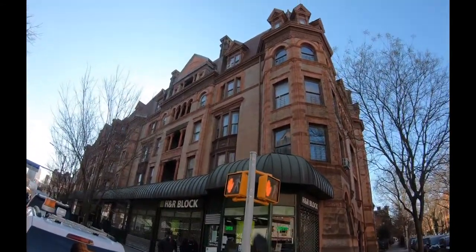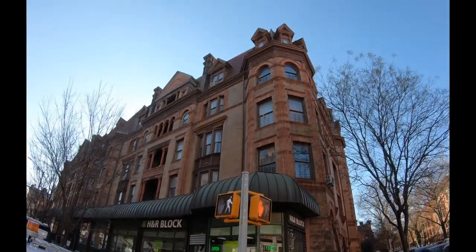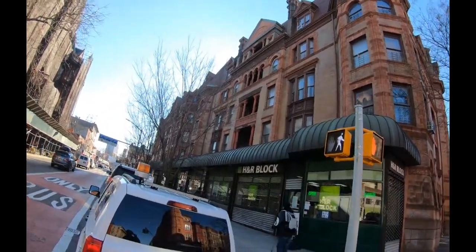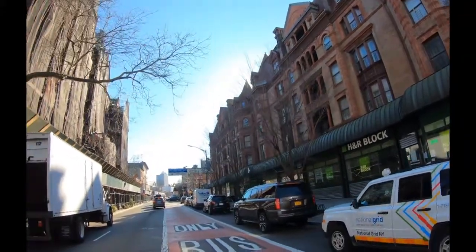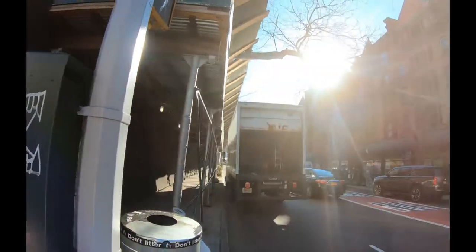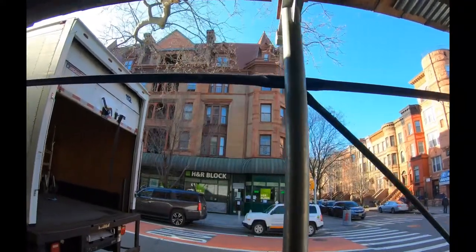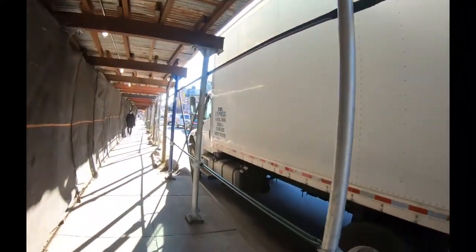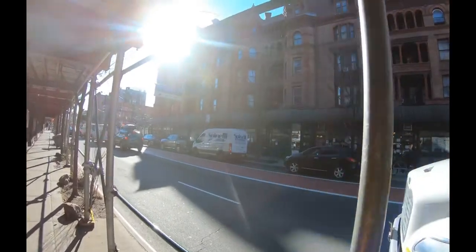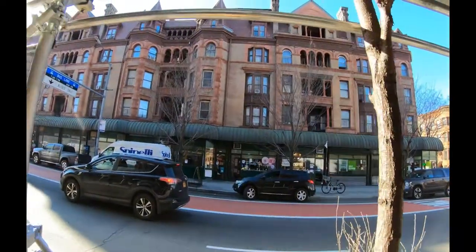It was built in the late 1880s, before his other apartment buildings. And we'll take a look at it from across the street, where we can get a better picture of all the details. Some other significant building here on the other side of the street undergoing a renovation. Let's walk down here. So we can see, I'll get away from this truck, that this apartment building extends the full block